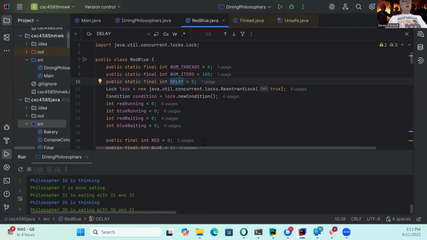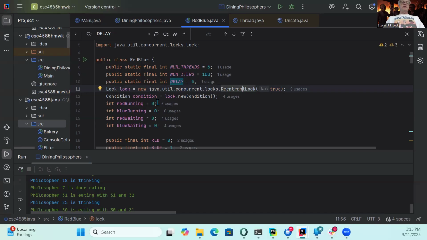So let's see. All right. So this one, I used a fair reentrant lock. This is the thing we haven't talked about. It's not critical. It doesn't matter if you did this or not, but that's what I did. There are different kinds of reentrant locks you can get. By default, they're unfair. You can ask for a fair one if you want to increase the fairness of your whole method. But you can regard getting the lock as a doorway method, and putting a fair one there is fine.